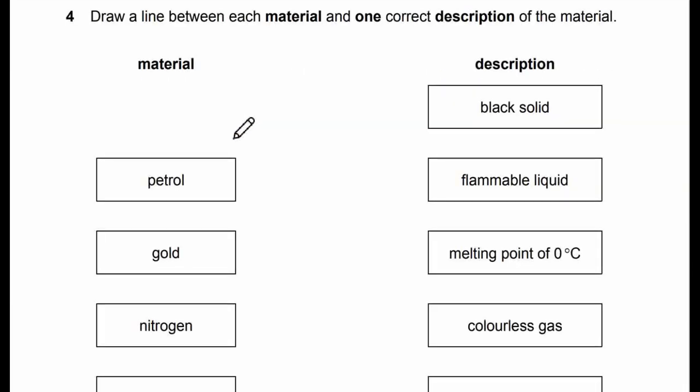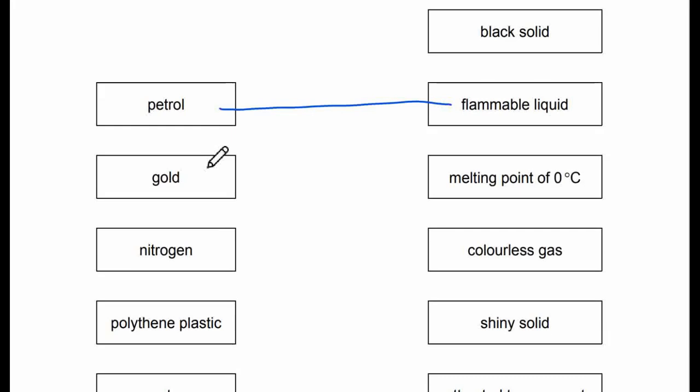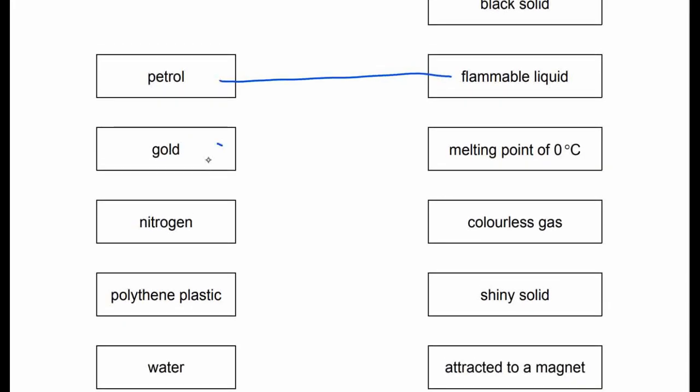Draw a line between each material and one correct description of the material. Number 4. So see that petrol is of course a flammable liquid. Gold, let's see the correct one. Gold is shiny. Gold is used as jewelry. Nitrogen is a gas, so we choose this colorless gas. Polythene plastic